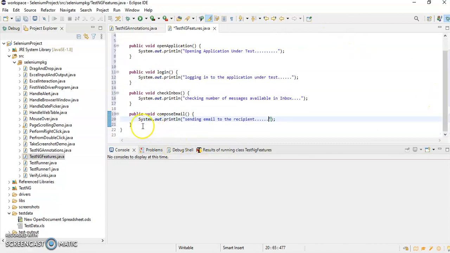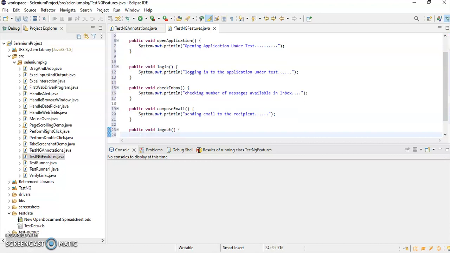Okay, so there will be one more test case, public void logout, and I will write here system.out.println, logging out of the application.